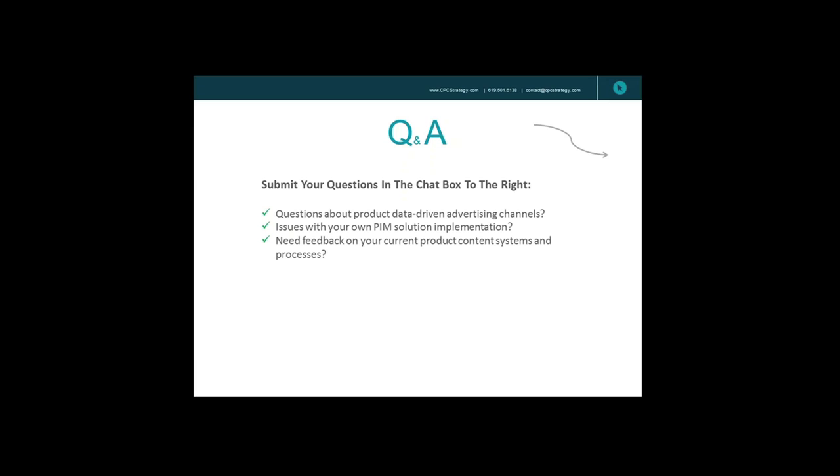fact that you're going to sell on Amazon means that you've got your product information, you've got to integrate with them. There are going to be canned integrations to systems that you're using to provide the product information to them, and those can be from PIMs. They can also be from other systems that you're using. But it's highly dependent on your particular situation and the state of your product data and how it's being managed. But there are integrations to some of the PIMs out there to be able to pass that